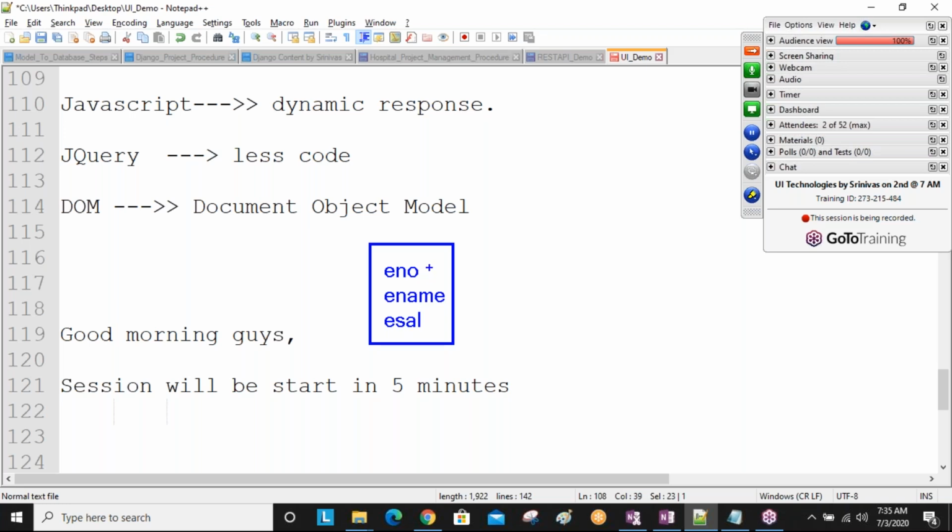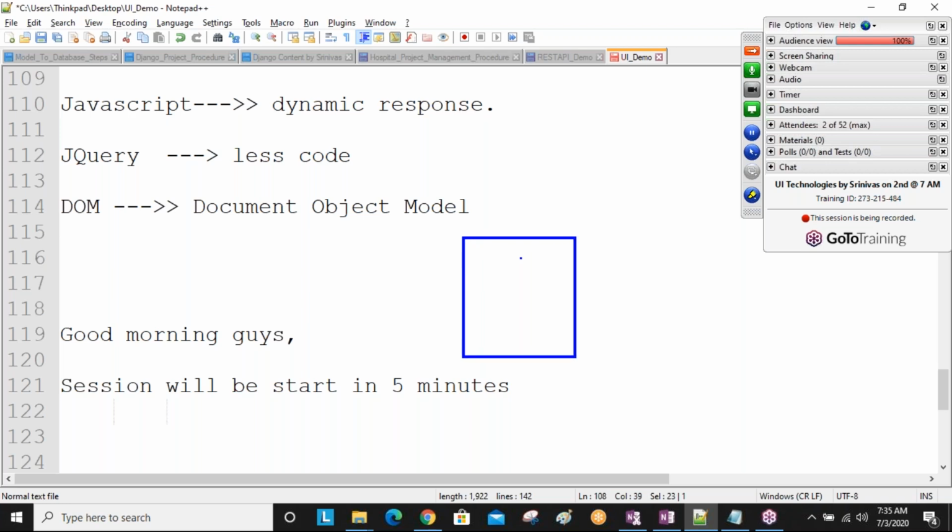Here some boxes you are getting: employee number, employee name, employee salary, like this. If it is a laptop, the size increases compared to mobile. This is our mobile: employee number, employee name, employee salary, like this I am developing.